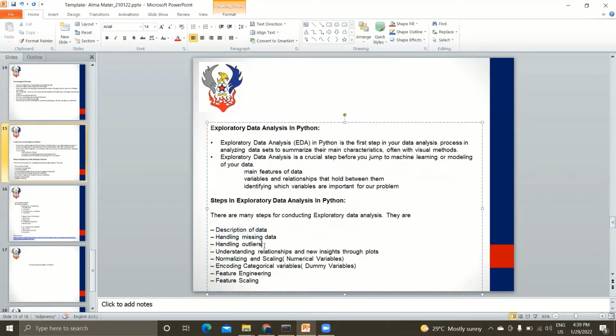For example, everyone must have heard about the popular Titanic dataset. Considering the age column, there will be a large number of people in the age range of 30 to 40. If there is an age like 200 or 300, that is an outlier. So we'll be handling the outliers as part of EDA, and understanding the relationships like correlation, covariance, all those things,